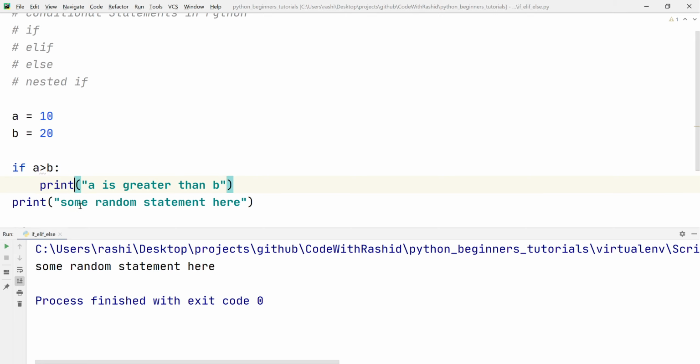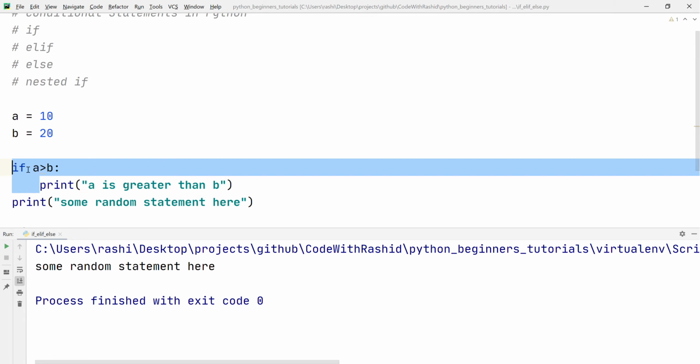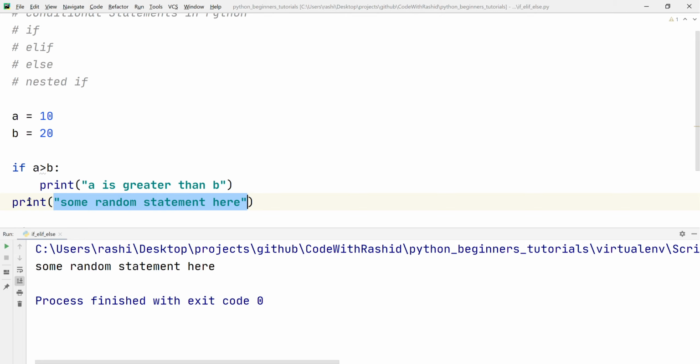Here you can see that we have indented this line of code, and this indentation means that this line of code belongs to this condition. So it will only run based on whether this condition is true or false. But this line of code is on the same indentation level as this if statement, so these two lines are independent. This line of code will not be impacted by the if condition.